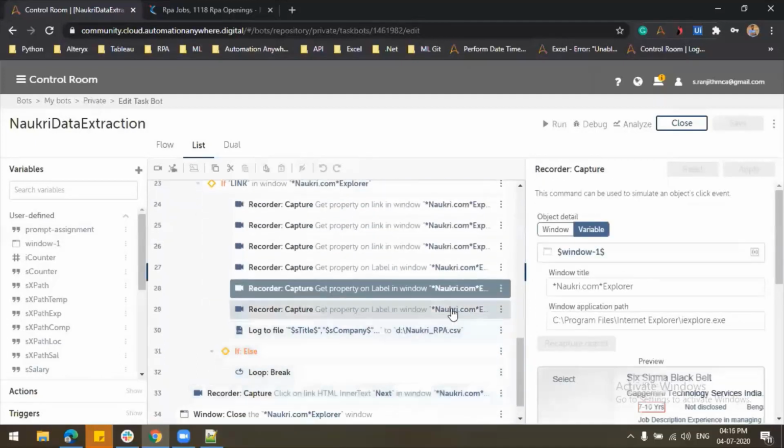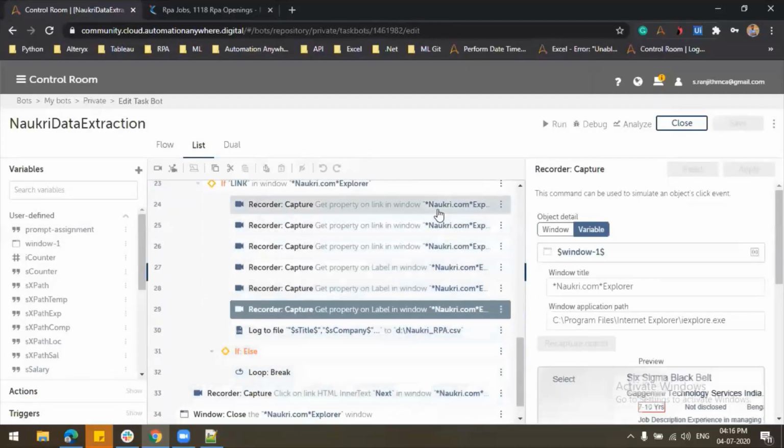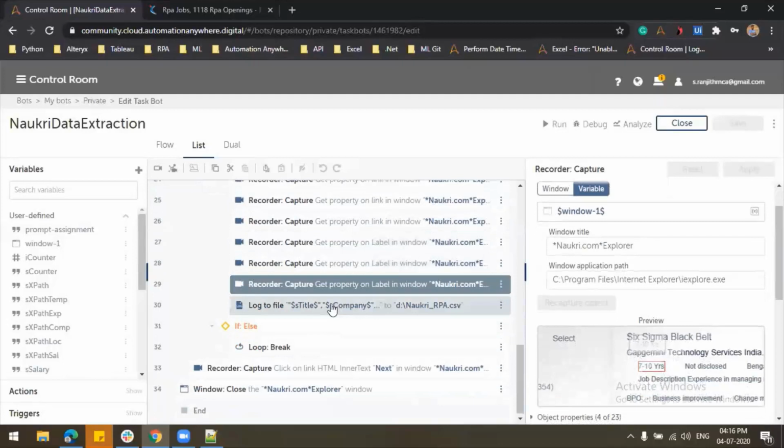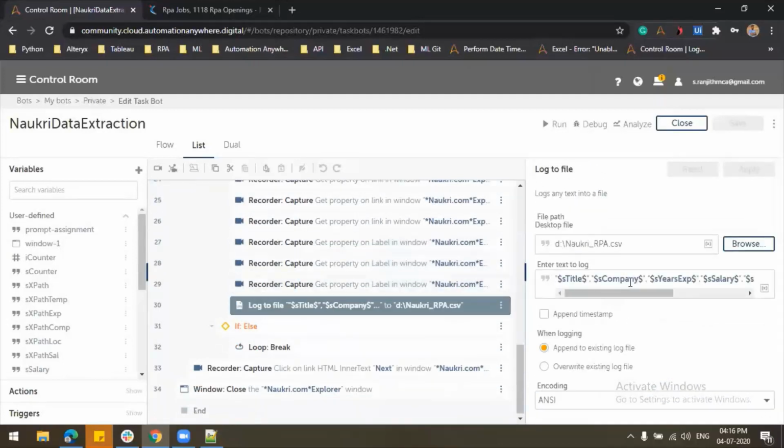If you understand the title part, you will understand the other things are pretty much the same. Then I'm logging the data into the file which I created before.